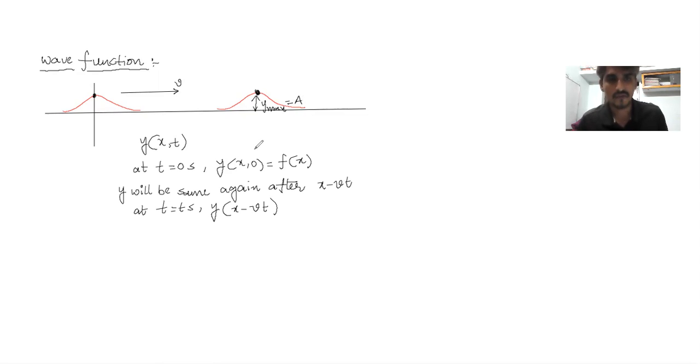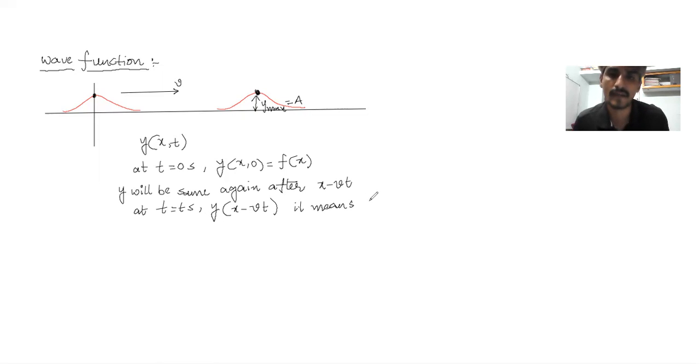See, so when do we get the maximum value? Suppose if we get the maximum value of y at x distance, then again after x minus vt distance, we are going to get the same value of y, means the same maximum value of y. How can you say? See, and also if it is x minus vt, then here it means that